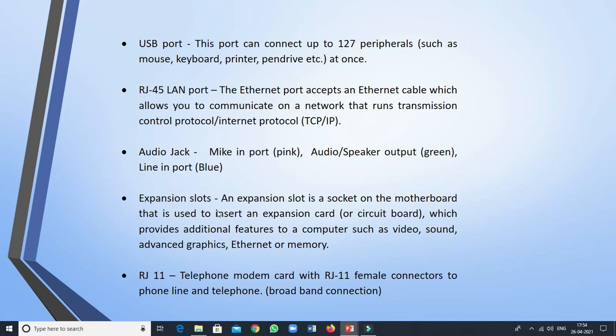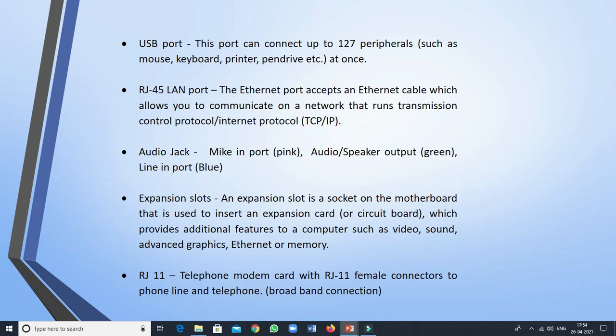And what is the expansion slot used for? An expansion slot is a socket on the motherboard. It is used to insert an expansion card or circuit board which provides additional features to a computer, such as a video card, sound card, advanced graphic card, Ethernet or memory card.